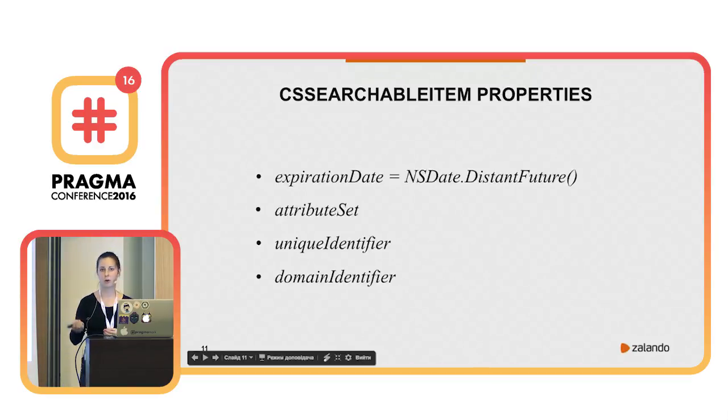So we shouldn't care about this, because otherwise we should delete them ourselves, or the user will get this result in Spotlight. For example, I search for some shoes, then I find them in Spotlight, then I press, and then in our application there is nothing because we already removed them. So it's not a good user experience. So please pay attention to this.